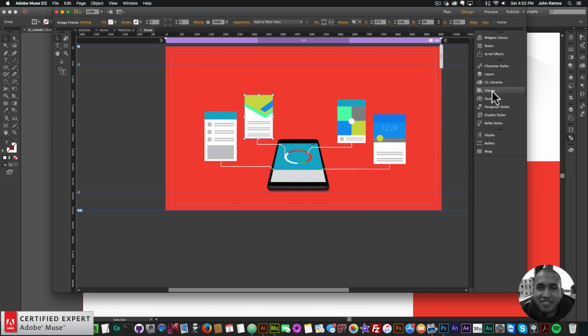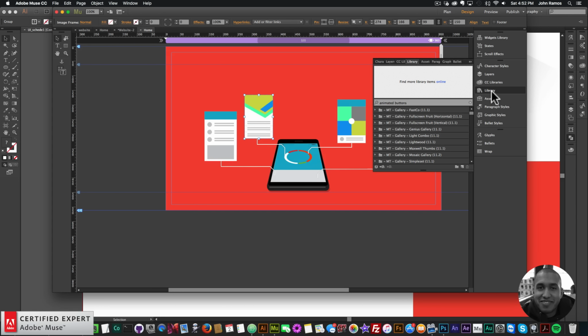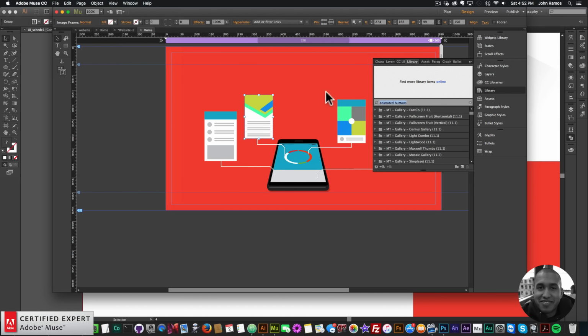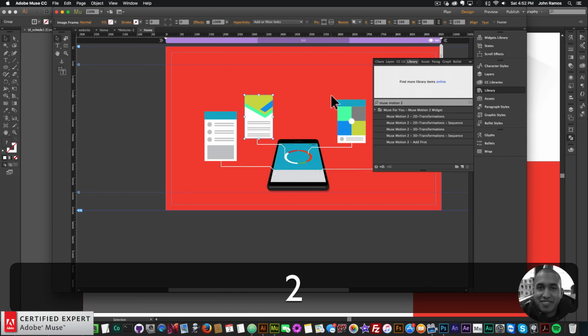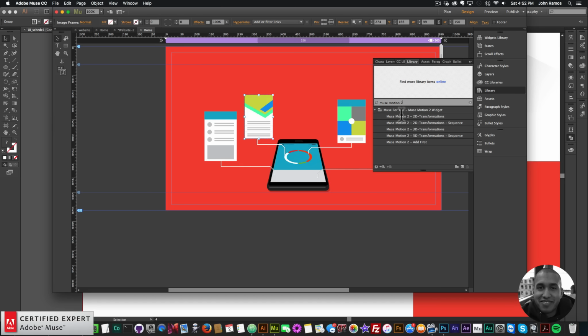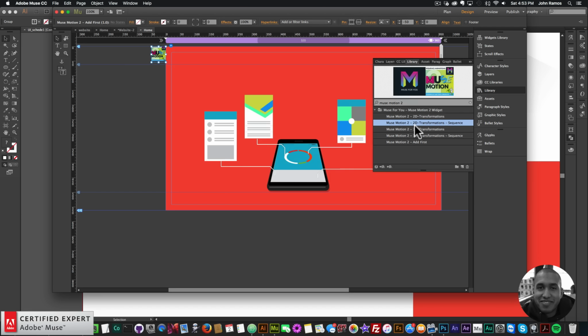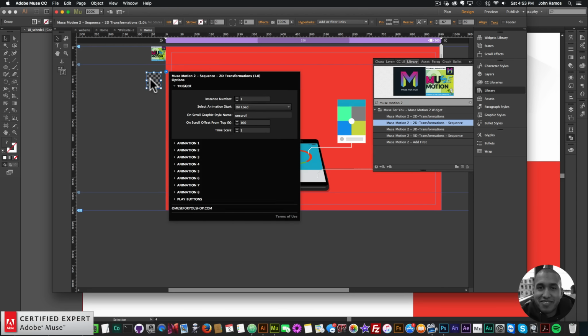So now I'll go into my library panel. If you don't see your library panel, you can just go to Window and click on Library, and that'll bring up the library panel. So here I'm going to type in Muse Motion 2, and here it's just going to be a 2D transformation. It's not going to be a 3D transformation. So the first thing I want to do is bring in the Add First widget here. So I'll click, hold, and drag, and place that on the top of my Adobe Muse website, and then I'll click, hold, and drag and place in the 2D transformations sequence. So I'll click, hold, and drag and place that onto my Adobe Muse website,